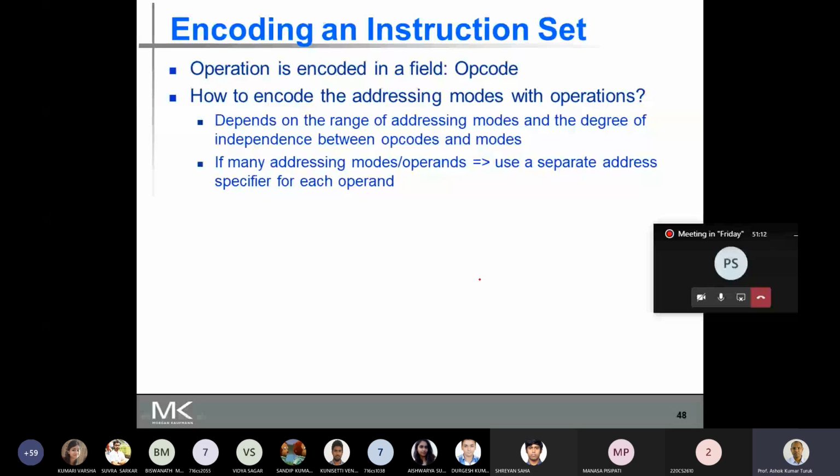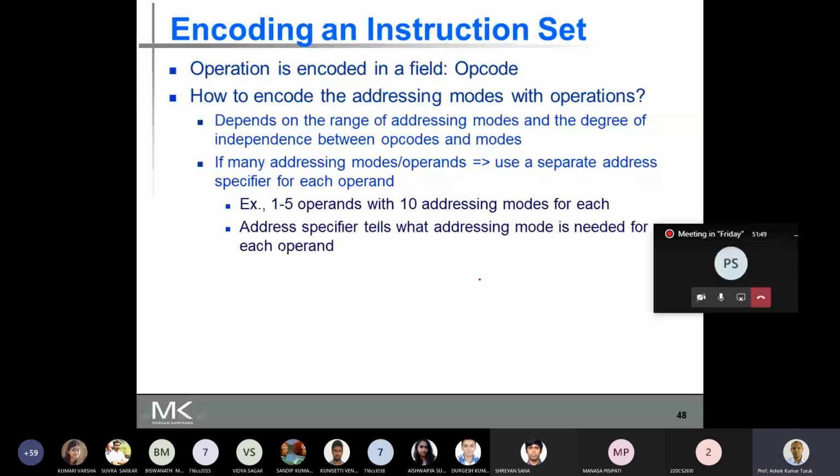That means every operand can be specified by any of the existing addressing modes. Suppose there are 10 addressing modes and an operand can be specified by any of them. Then you need to specify which addressing mode is being used to get the address of the operand.